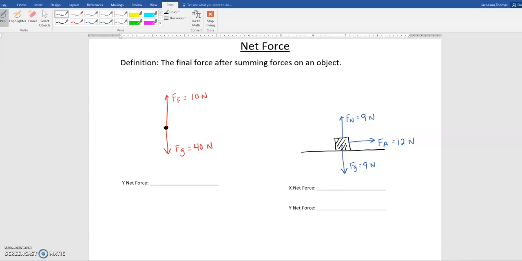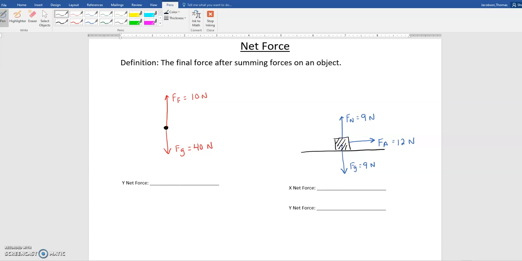Just like you will have a job at one point in your life and you'll get a net pay of maybe $1,000, but you're going to net or result in less than that, because there's going to be taxes and insurance taken out. Well, same with our problems here: we're going to have forces that add to an object, or forces that take away, kind of like insurance or taxes. So let's go ahead and solve 4 problems here, and you should be able to be comfortable solving for net